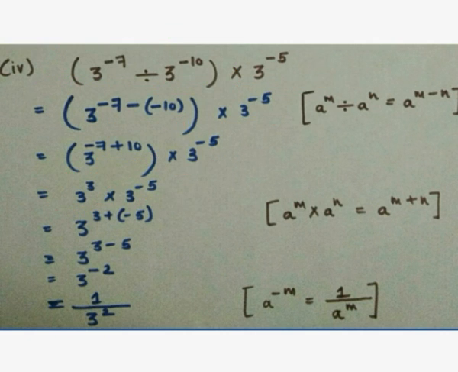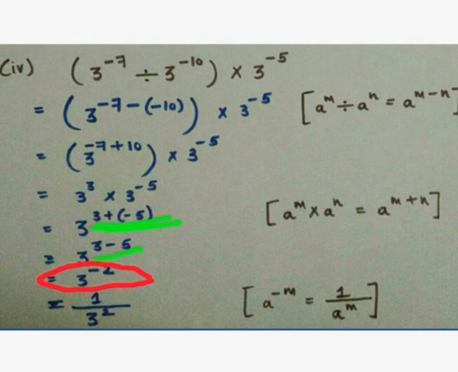Further on, moving forward, we will observe that we are left with this expression. Here it is 3 raised to the power 3, or 3 cube we can say, multiplied by 3 to the power minus 5. Now here we can observe two exponential numbers are multiplied with the same base. So when two exponential numbers are multiplied with the same base, then what happens? Then their powers are added. So we are going to again add the powers. Finally, we will get 3 to the power minus 2.